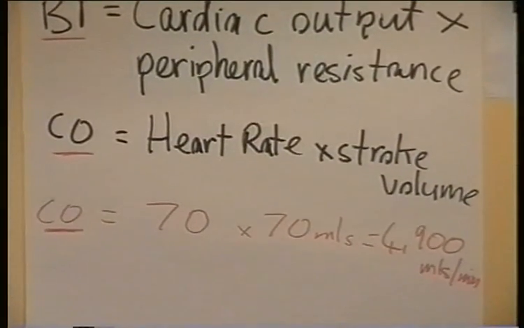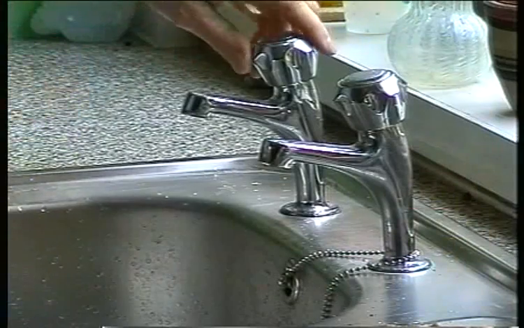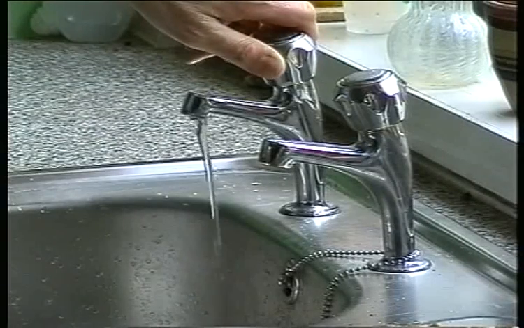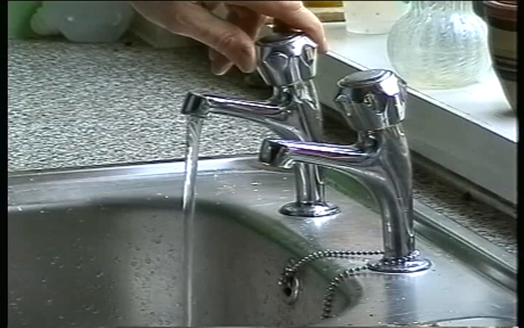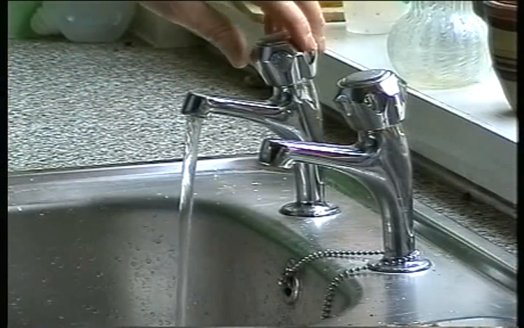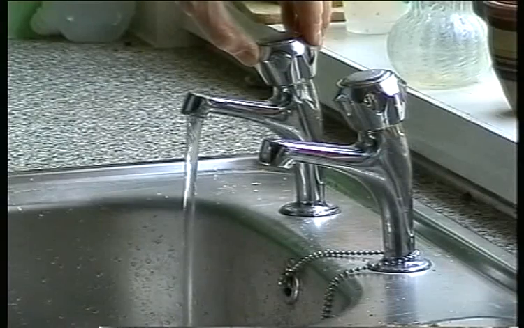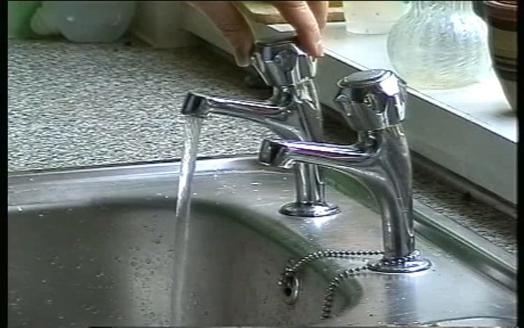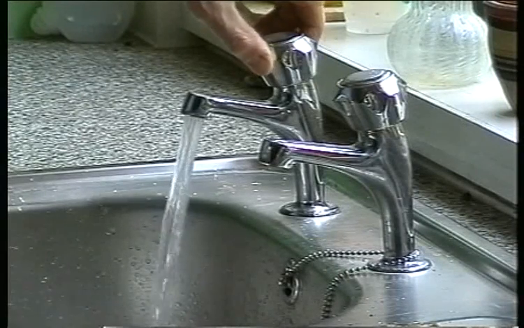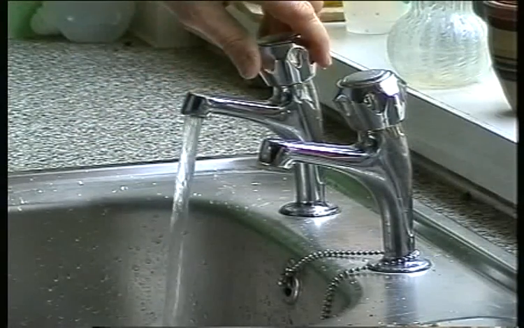Now, just before we go on, let's have a short illustration. We can illustrate the effects of cardiac output and peripheral resistance just with an ordinary tap. It's an analogy. So there's the tap working now. If I increase the flow rate of water by turning up the tap, that is, if I increase the cardiac output, the amount of blood being pumped out by the heart, then that's the same as increasing the flow rate. And if we increase the flow rate, we're going to increase the pressure. So there we have a low cardiac output with a low pressure, higher cardiac output